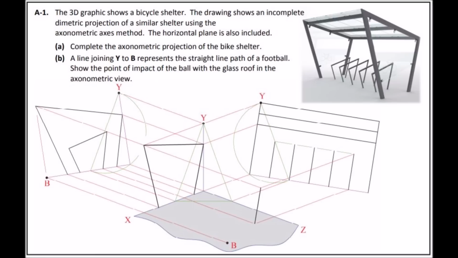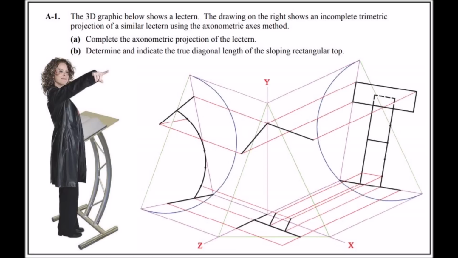Also in Section A, just as a little comment, axiometric might possibly come up again. So it's come up 2 years in a row in Section A. It came up last year, it came up the year before, so 2017, 2018. And there's the possibility of it coming up again 3 years in a row.